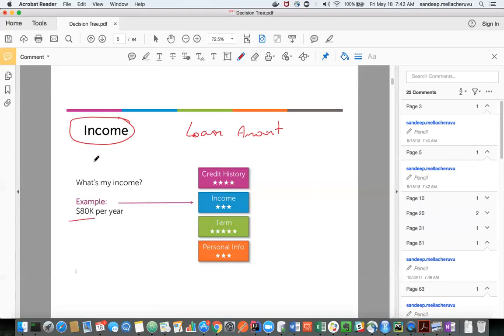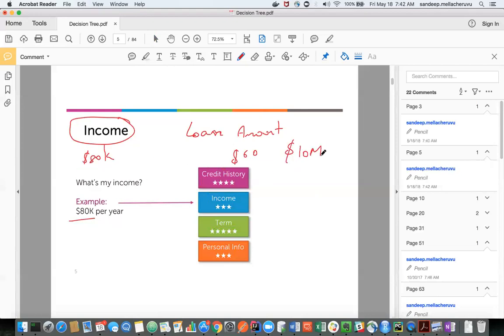For example, if your income is 80k per year, like the way he gave here, but the loan amount is only 60k, it is a very safe loan, you can still give it. But let's say his income is 80k, but I am asking for 10 million,